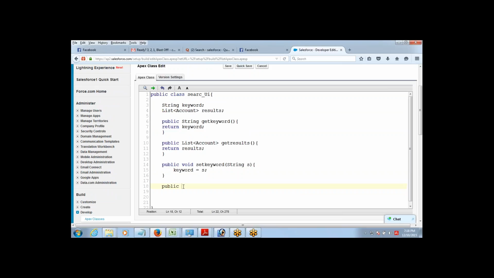So I'll say public page reference search now. In this page reference, I'm going to assign the value to results. Correct. So I just have to say results equals to list of account